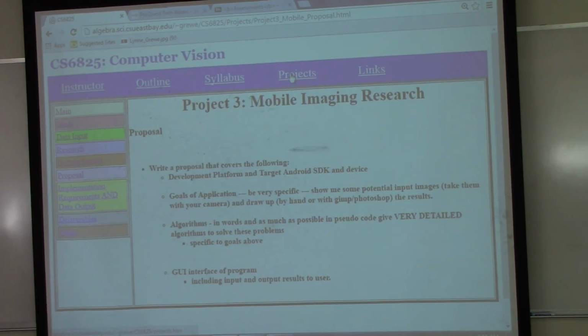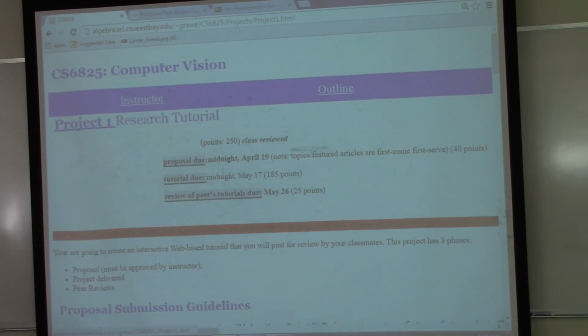All right, so that is the essence of Project 3. Project 1 is simply a research tutorial. I make you do web. Why? I think that you should all be literate in web. You should be able to publish to the web. Dreamweaver is my tool of choice for this kind of web authoring. You can get trial versions, but you can even make web pages, God forbid, from Word, right? File, save as HTML. It's that easy, okay?